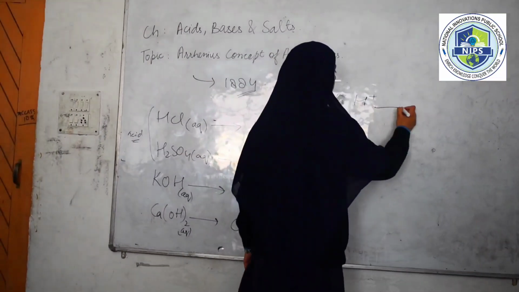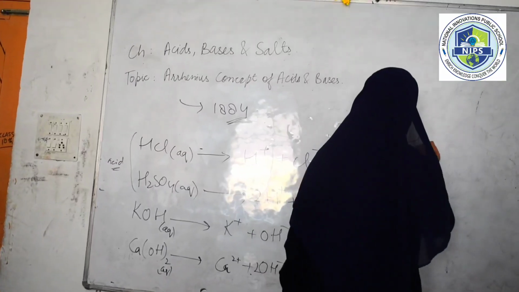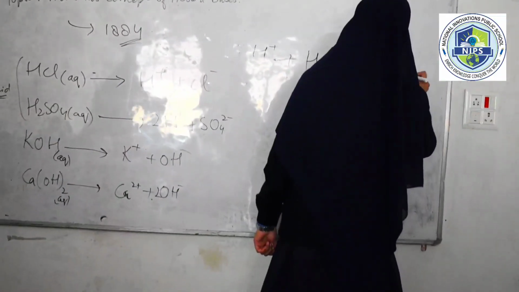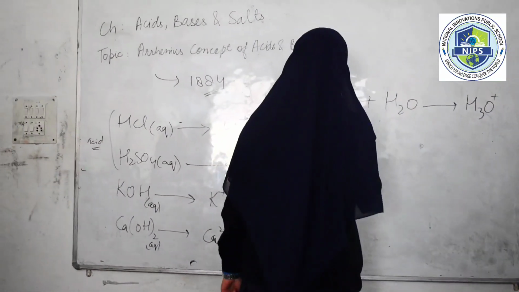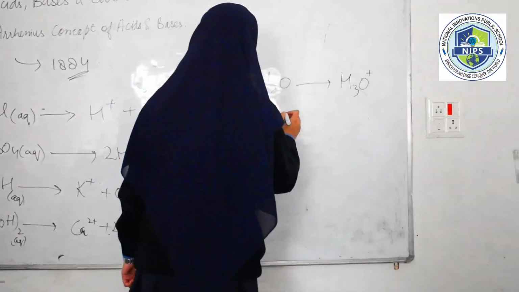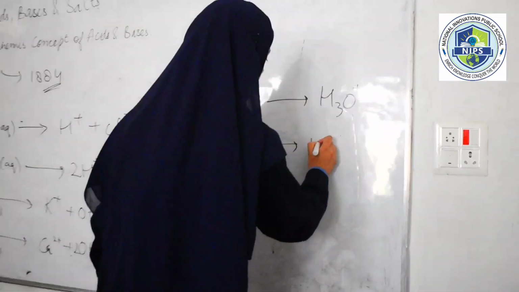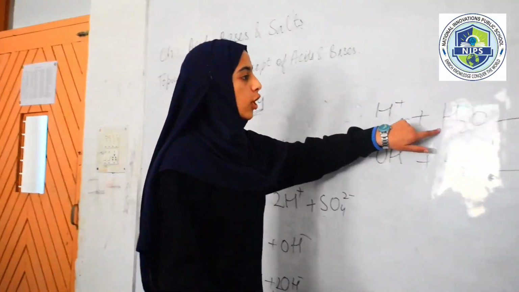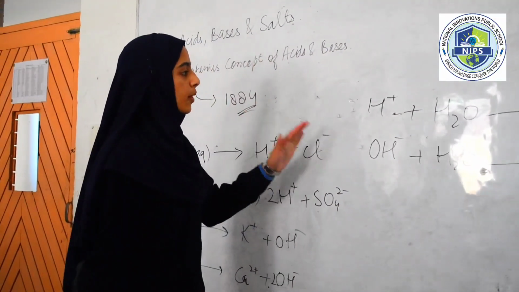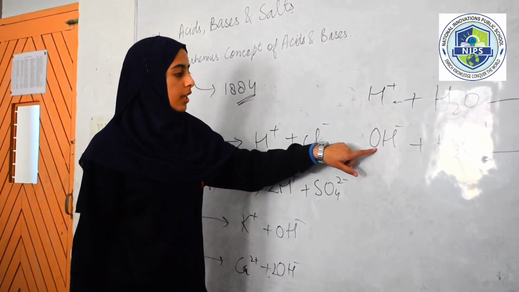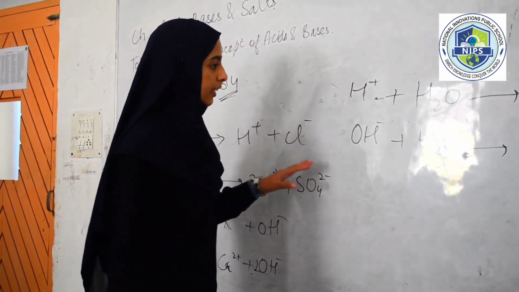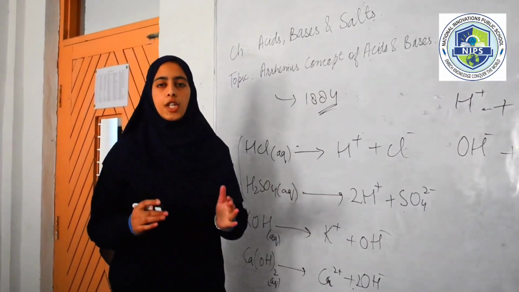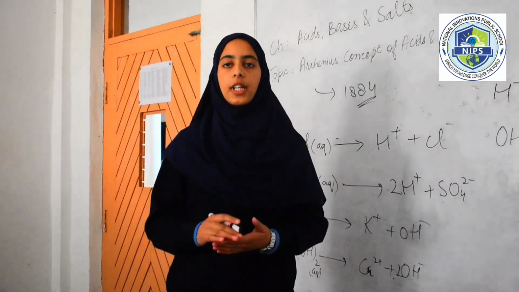Suppose we have H positive ion in water. It will make a hydronium ion here. Similarly, we have OH negative ion in water. It will form a bond with it and make dioxidanium ion. Here we have two examples. We have H positive ion in water. It will make hydronium ion by forming bond with water. Similarly, we have OH negative ion in water, and it will form a bond with it and make dioxidanium ion. These two examples simply state that free H positive ions and OH negative ions don't exist freely at all.